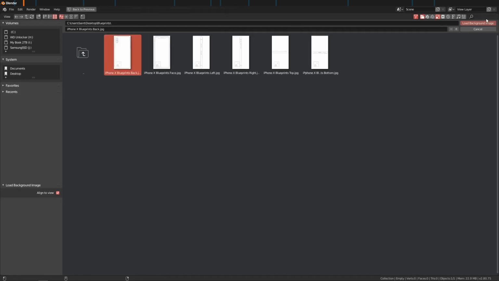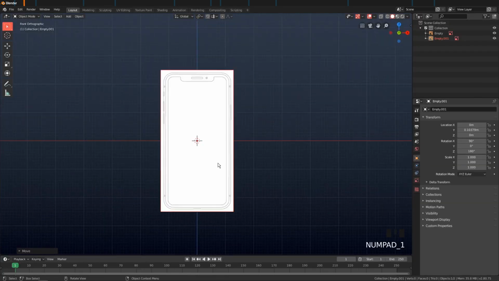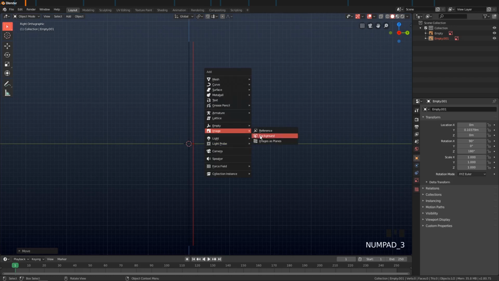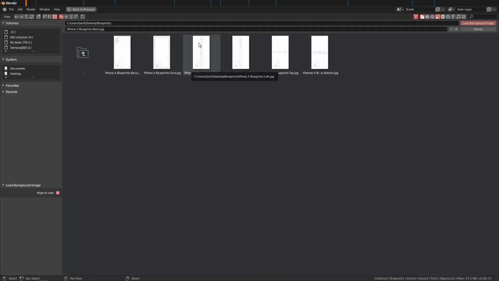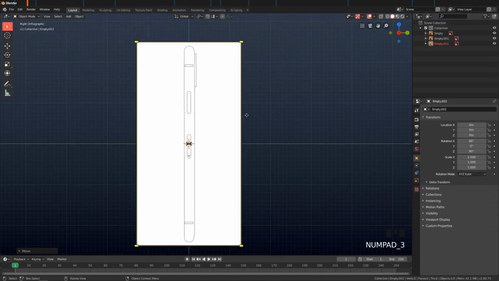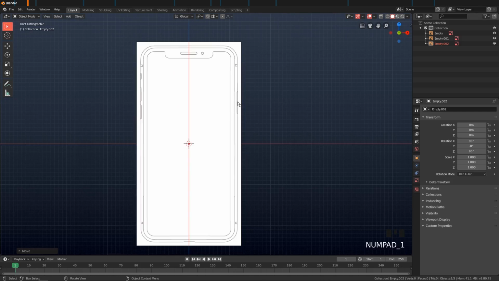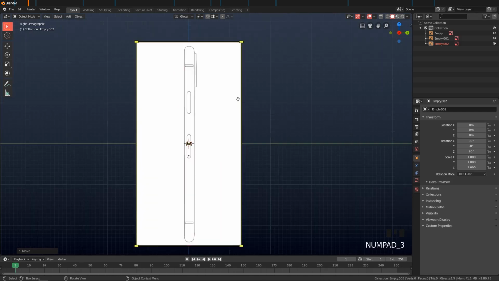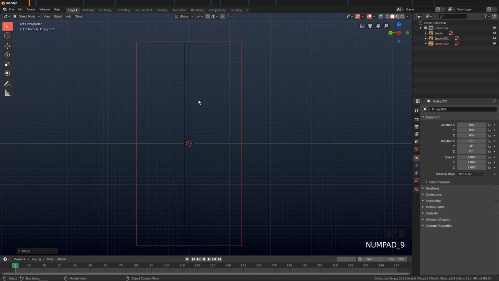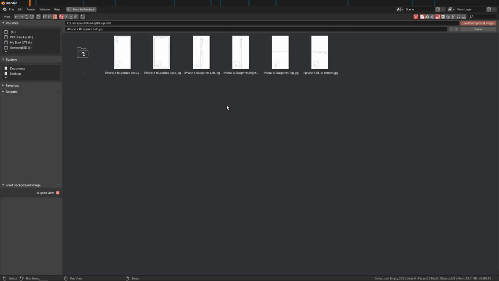Now we're going to add in the back of the phone. So we've got the front and the back. Now let's add in the side. So I'm going to hit 3 and then Shift A, Mesh, Background. I'm going to add in, I believe it's the left side. So if you go 3 to the side view, you should see this. And this button right here should line up with this button here. Yep. So now we're going to go 3 and then hit 9 to flip it and go Image, Background, and